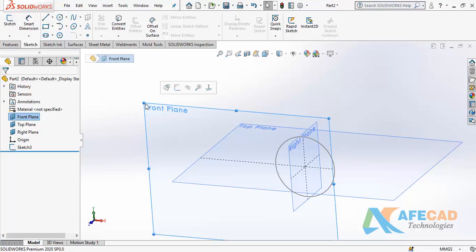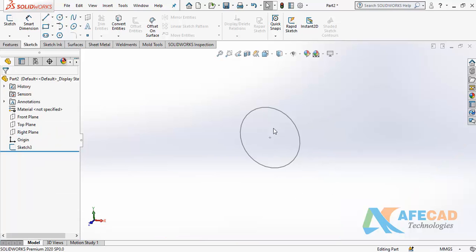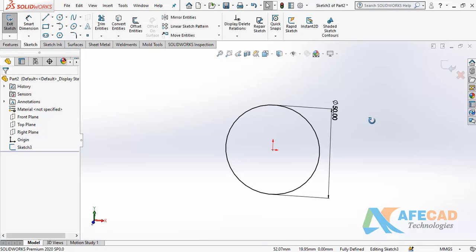Planes are too big, so I can decrease the size. If planes disturb you, you can hide your planes. This is my sketch, I can see. My sketch is okay, having dimensions and everything. In this view, you cannot see the dimension. If you want to see it, double click here, you can get it. But then you are inside the sketcher.